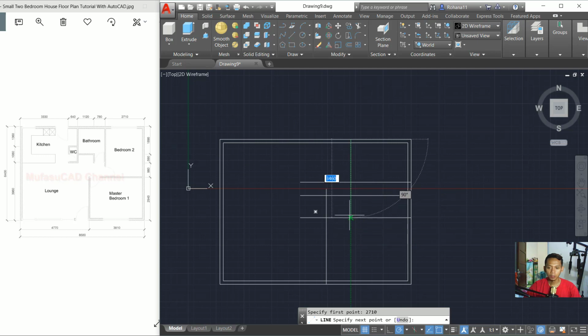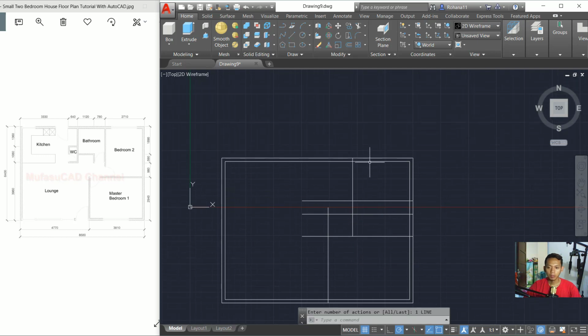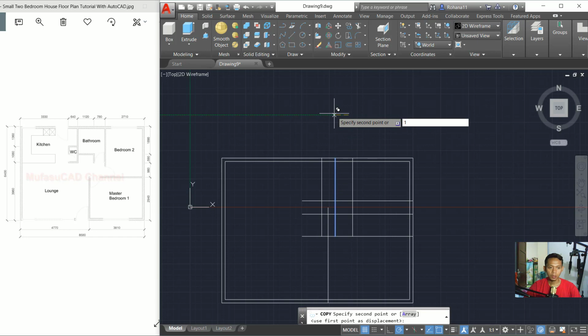Move into here, and use the copy command to copy this line object to the right here 780. We copy this line object to the left here 1120, and this line object to the right here